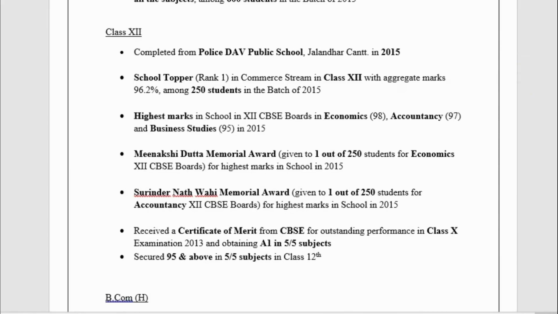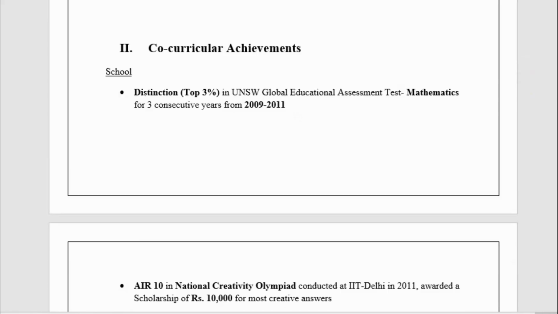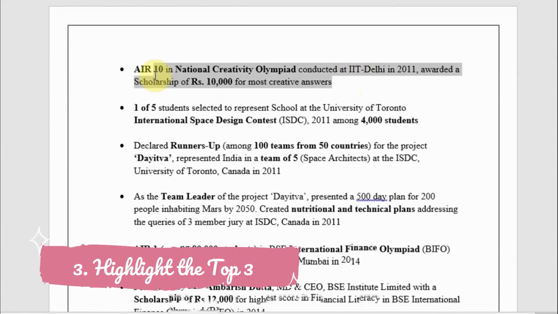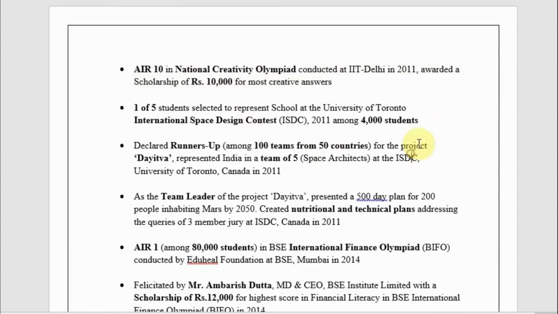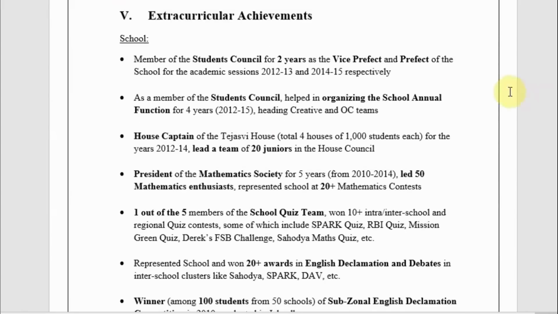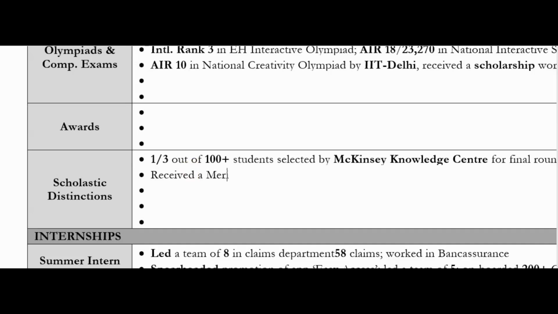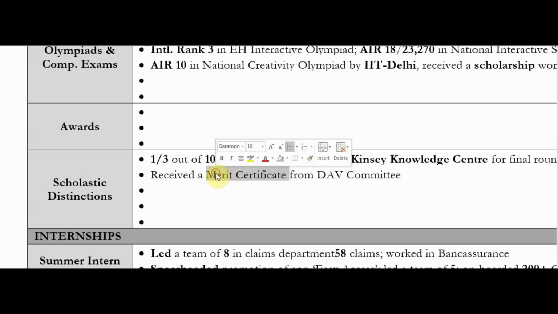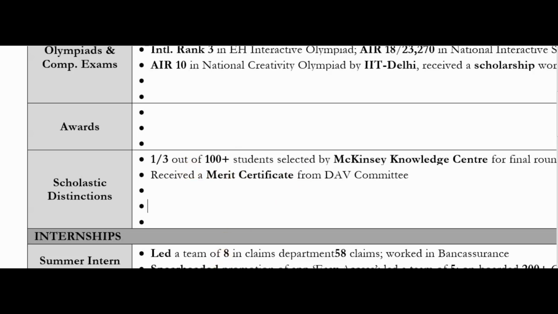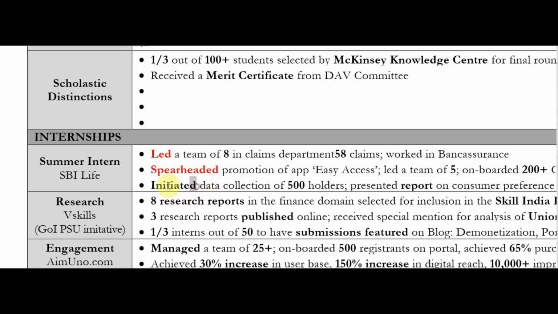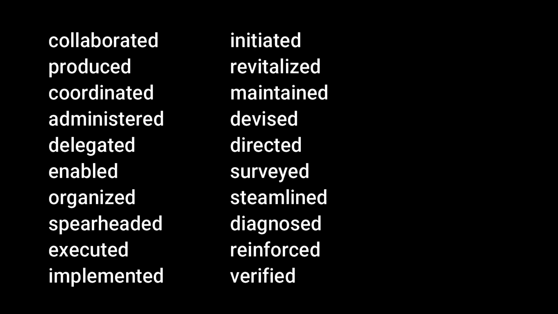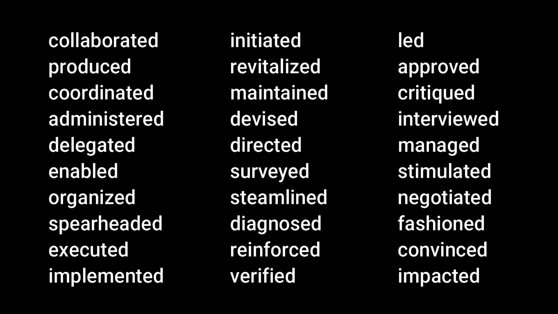Once you have done that with all your certificates, we'll go back to each of the buckets and start highlighting your top 3 achievements. You can also make it top 5 or top 7 depending upon how many you have. And now we'll start with these achievements first and we'll start framing sentences for them to convert them into CV points. Though I'll be sharing some framing hacks very shortly, what you need to know right now is that most of these sentences will start with verbs, that too in past tense. These are what we call power verbs, and here is a list of all these verbs for your reference, which you can use in your CV to make it look much better.